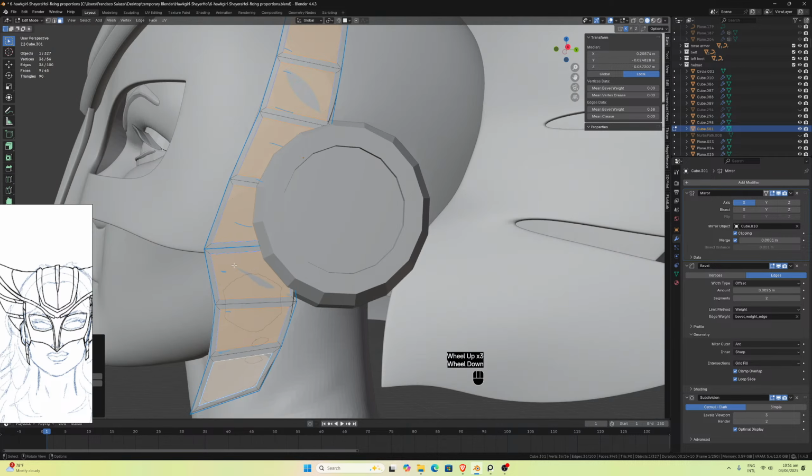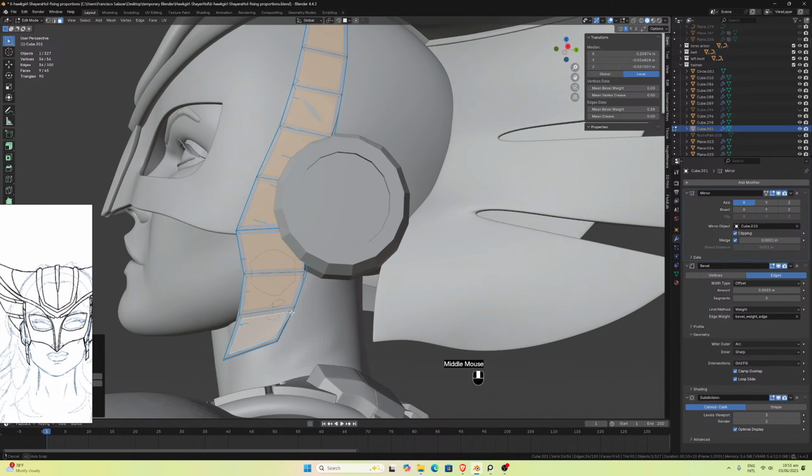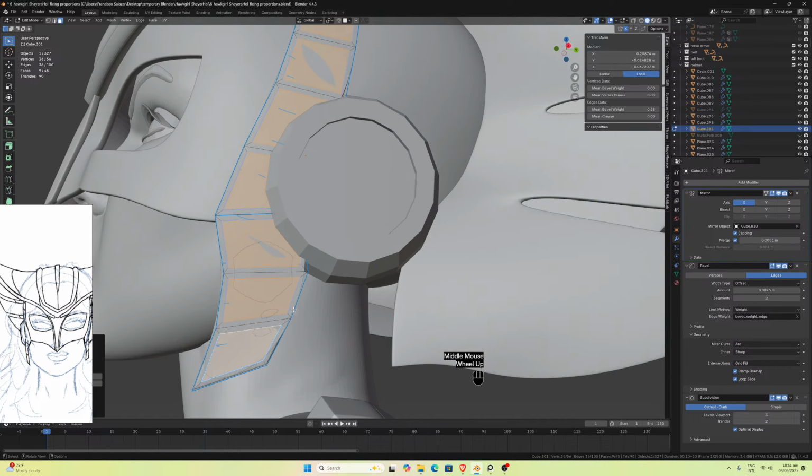So these borders I am not going to touch. I'm just going on these parts. I'll try to follow this shape. Okay, so